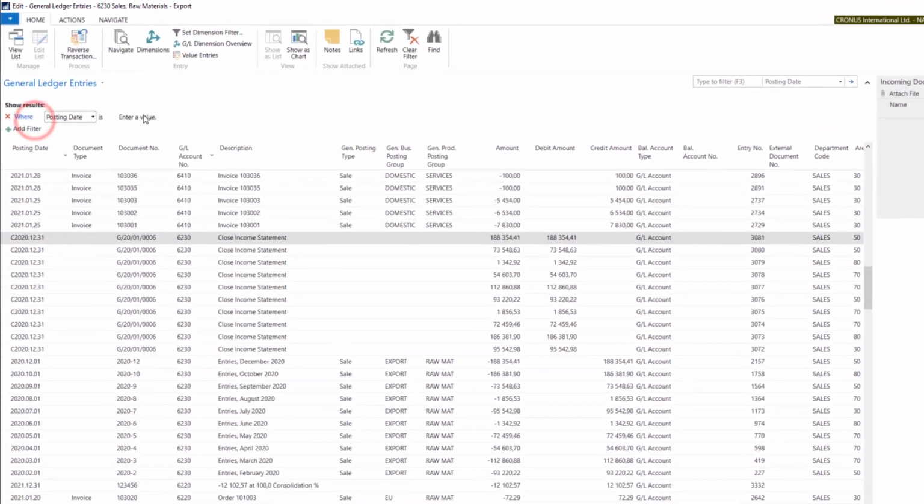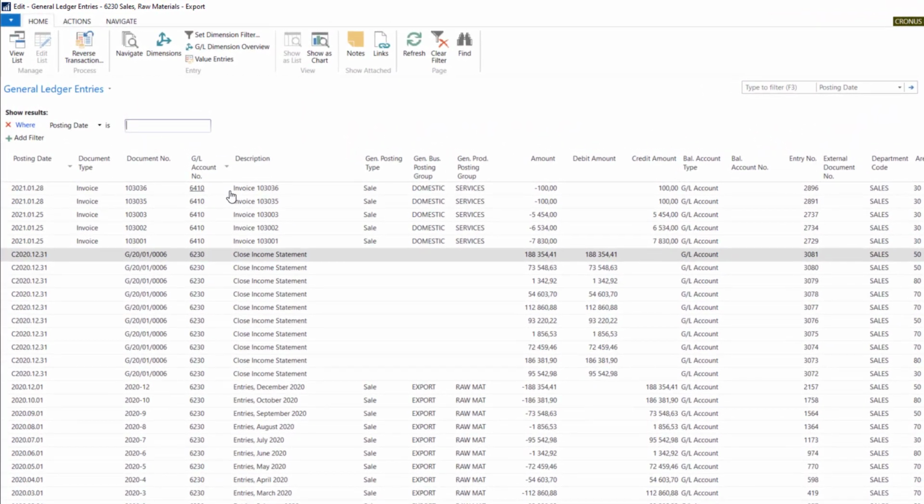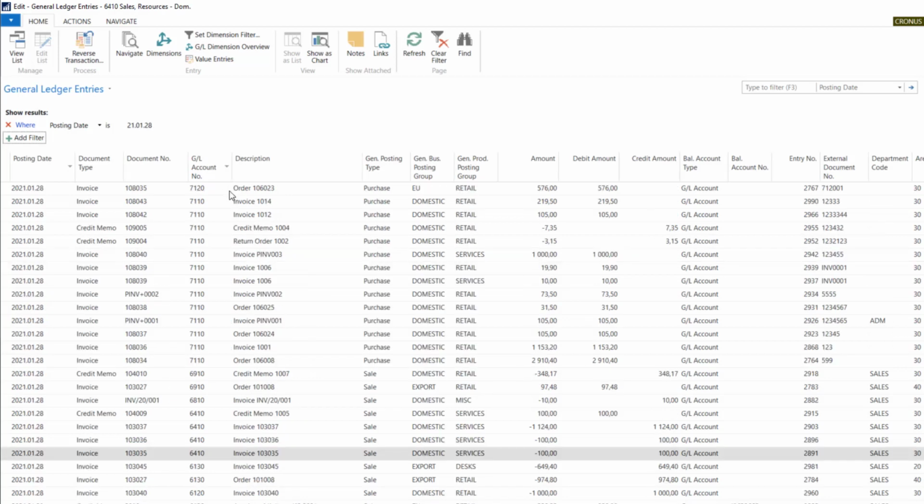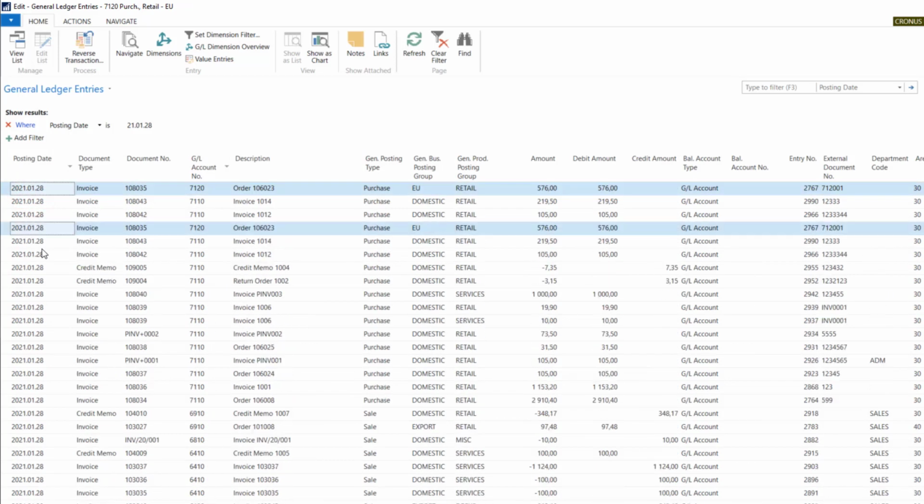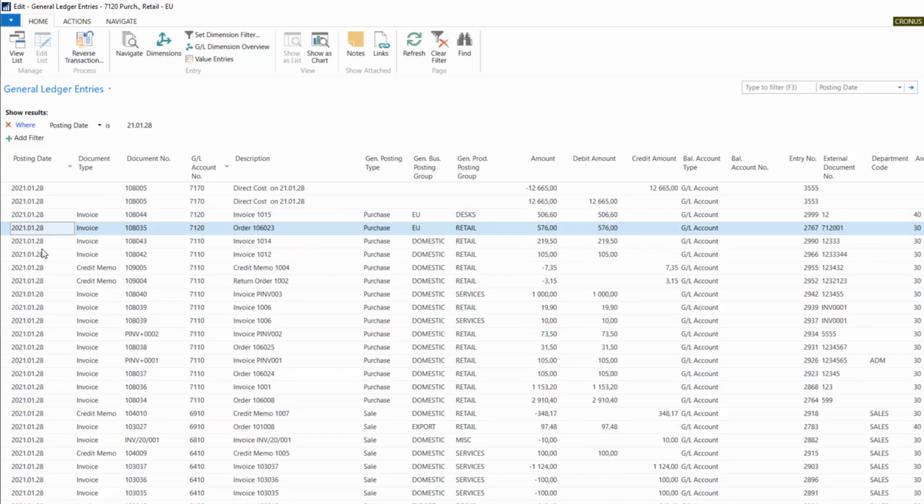First of all, I can put the date manually. With this, I'm filtering the specific one day. So the system will show us all the entries within this day. I can, of course, prepare the range. So with two dots, I can put